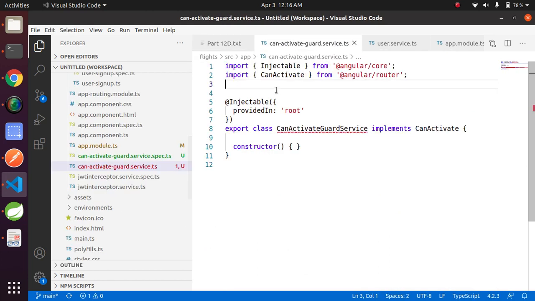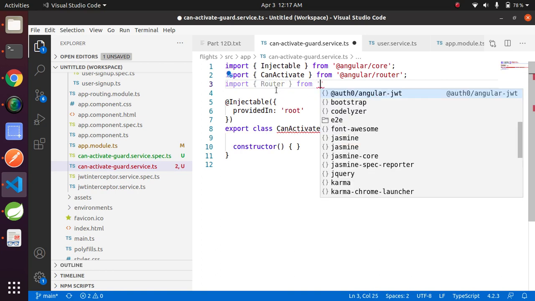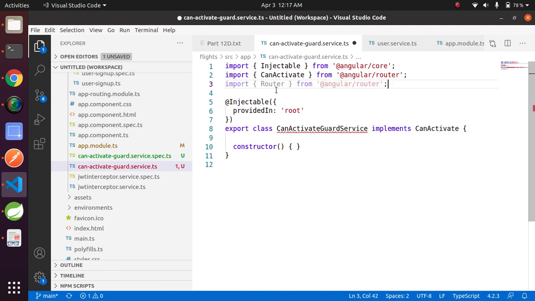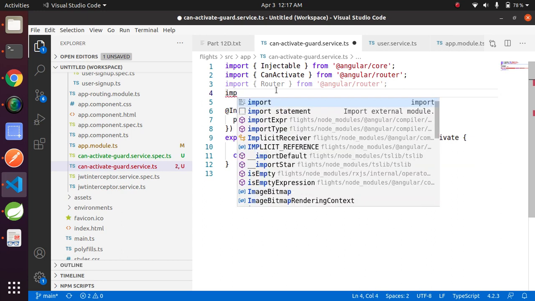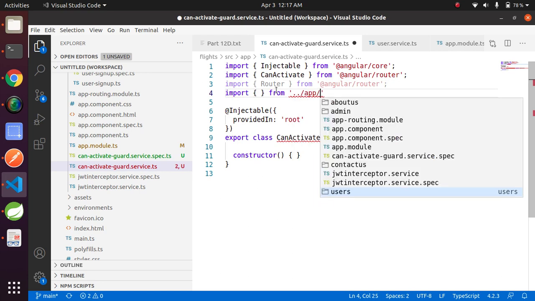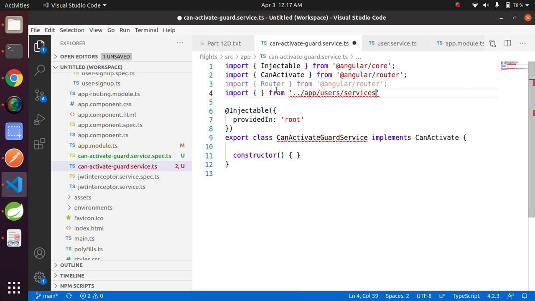Let's import the router here, and also import user service.